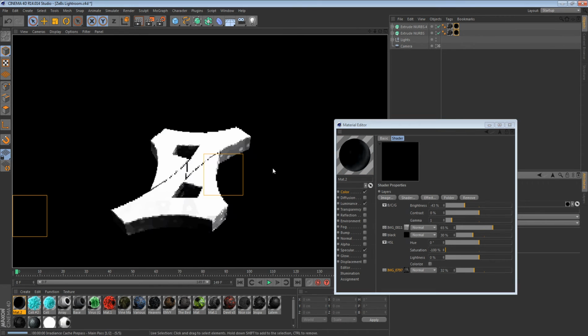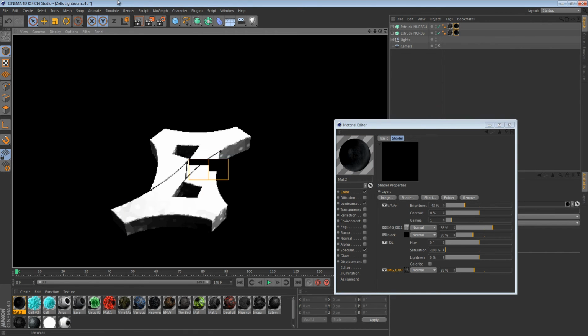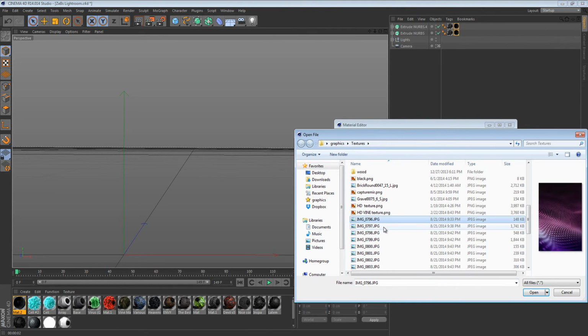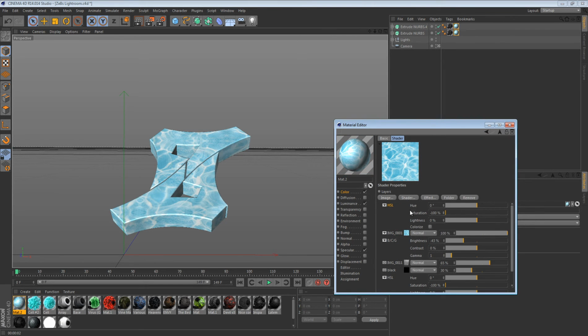Do this. Well, then that's just plain black. So let me try this. See what this looks like. Still black. Here, let's get a different texture. Let's go with something like this. Boom. Effect, hue. No, hue. Well, then it's